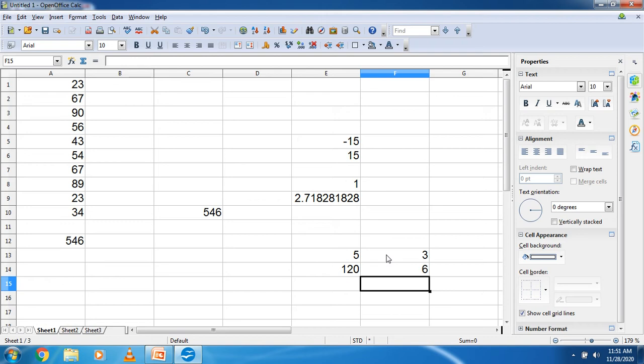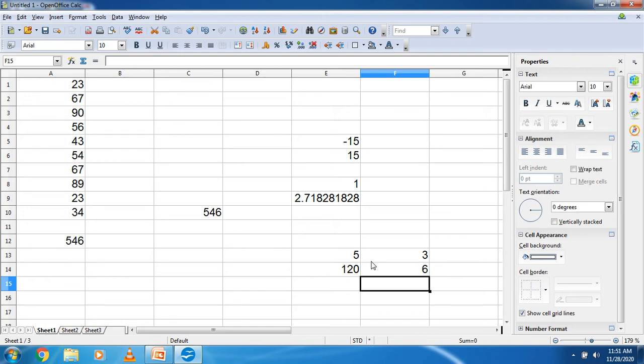Okay student, got it? Now your next function is natural logarithm. The LN function returns the value of the natural logarithm for the given positive number. The syntax is LN, bracket, number.